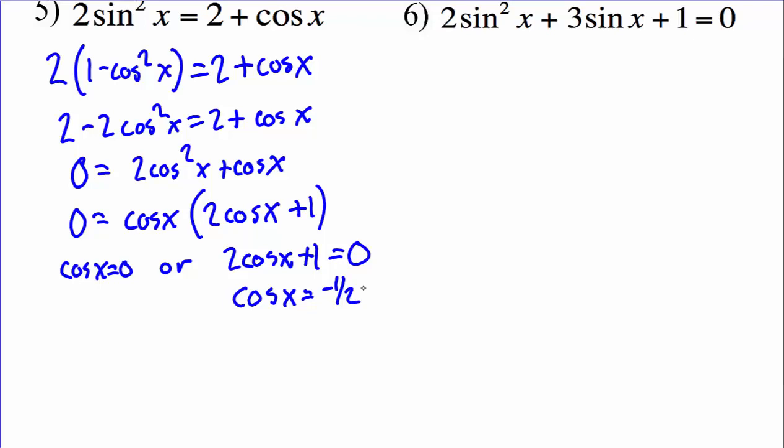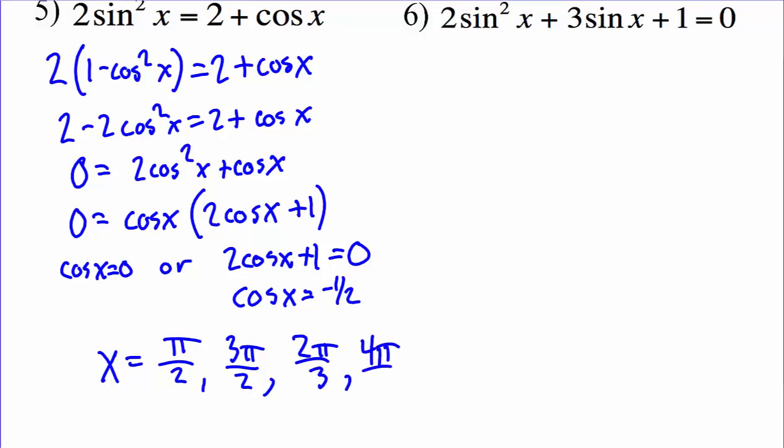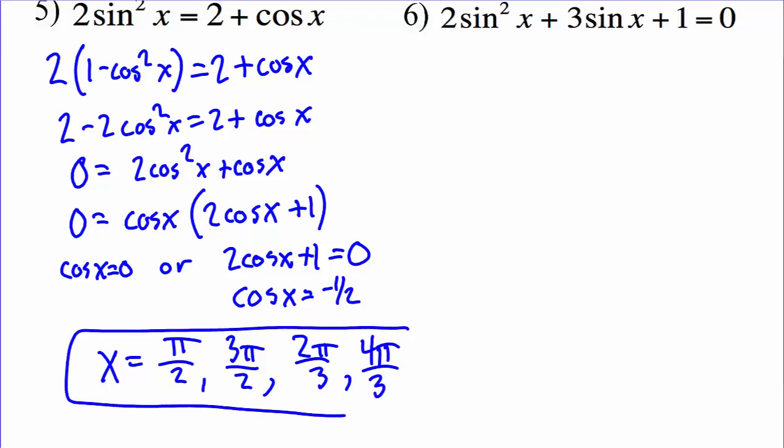I could do the general solution that we've done on the previous 4, but honestly, when it's a pretty straightforward one, I think it's okay just to look at the unit circle and say, hey, well, cosine of x is 0 at 2 places. That's pi over 2 and 3 pi over 2. And negative 1/2 also happens at 2 places. Those places would be 2 pi over 3 and 4 pi over 3. And we have exactly 4